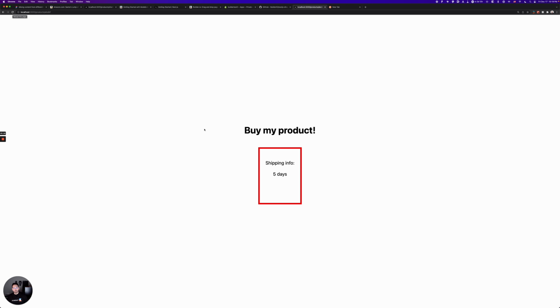Boom. This is our widget. The JSON structure has been downloaded server side and passed to the builder component, and now it's rendering. It says shipping info 5 days. Excellent. So what's next? Well, we said that this would show the shipping time info for